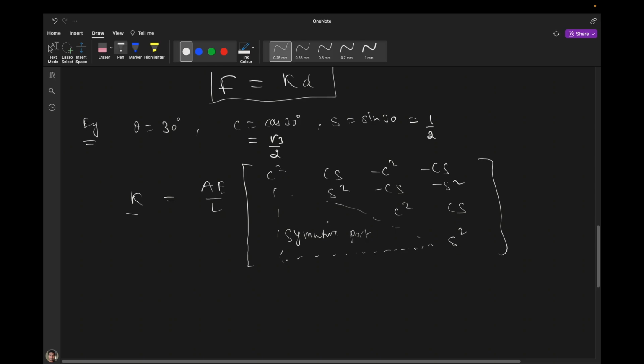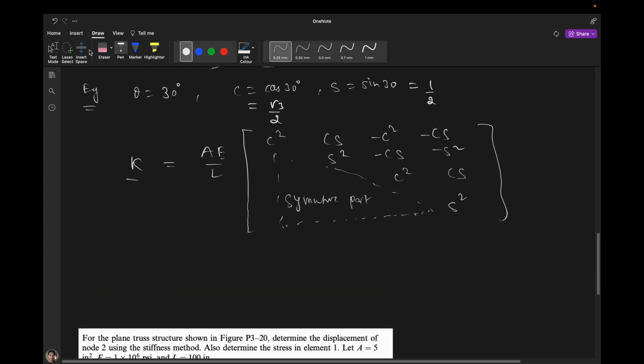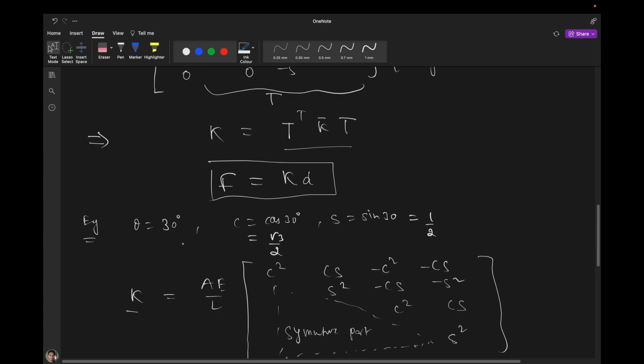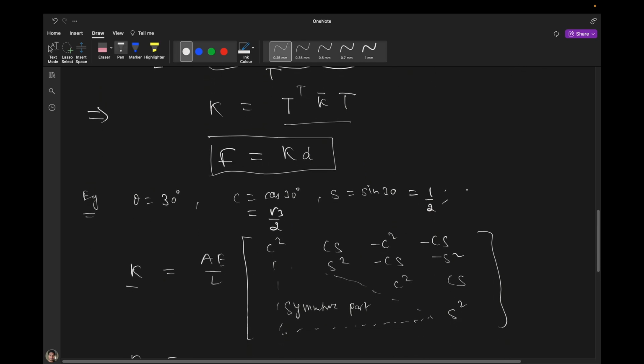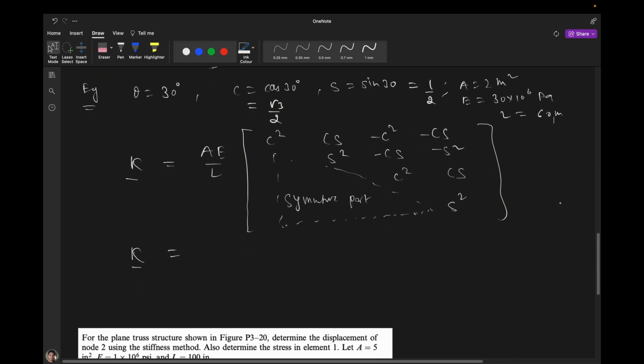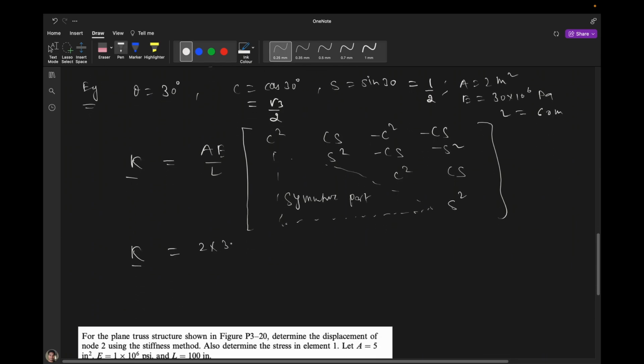So which means that now we can solve our problem. When we substitute C, S and theta, we will get our stiffness matrix like this. Suppose in this problem theta is 30 degrees, A equal to 2 meter square, E equal to 30 into 10 to the power 6 Pascal, and L equal to 60 meter. Then we will get 2 into 30 into 10 to the power 6 divided by 60, and this matrix will be